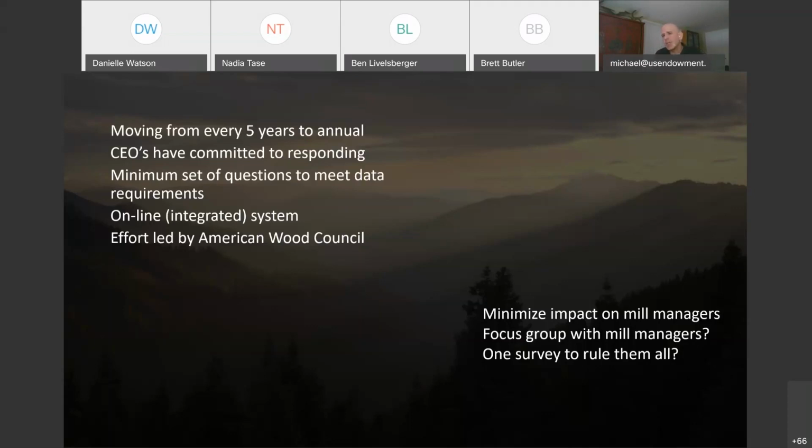Now, so how do we do this? How do we minimize the impact on managers? And one of the things that I'm really wondering is if there's a way that we could all talk together about maybe having a type of focus group or a process where we invite mill managers all together and we learn from them what it's like to fill out these surveys, what they'd like to see, what would make